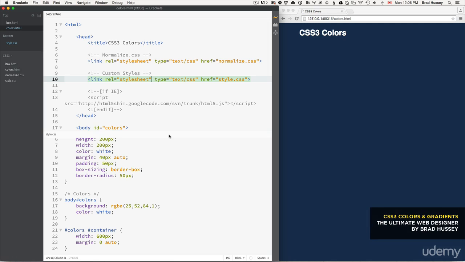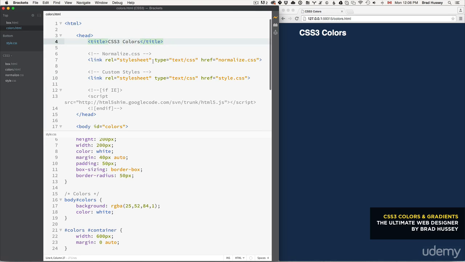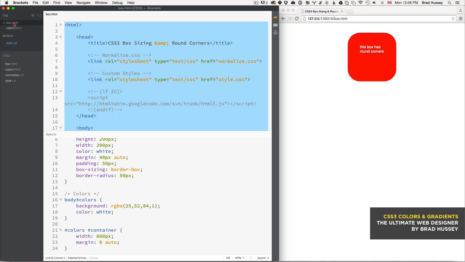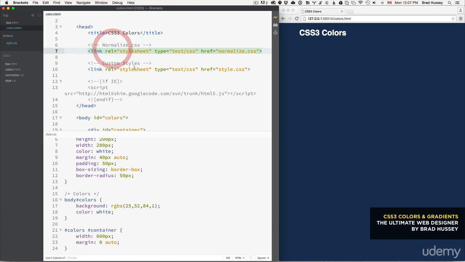CSS3 lets us do cool things with colors, and I want to show you that here. Create a new file called colors.html and add your title there. Make sure you copy that basic structure from your box.html because we want to grab that normalize and your custom